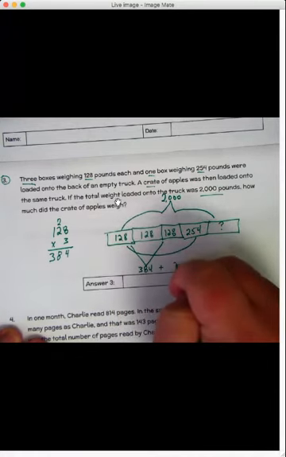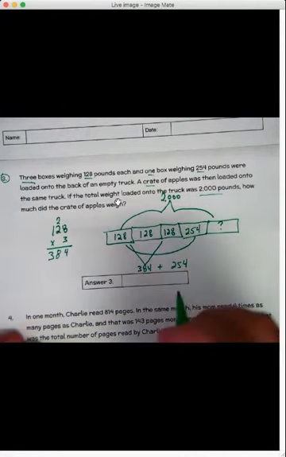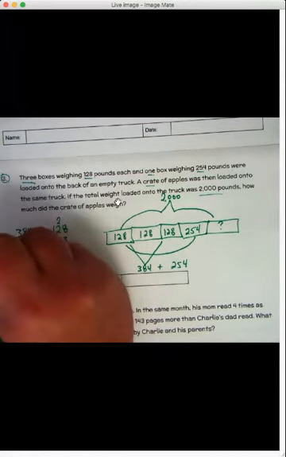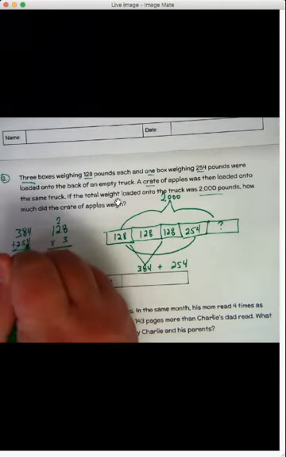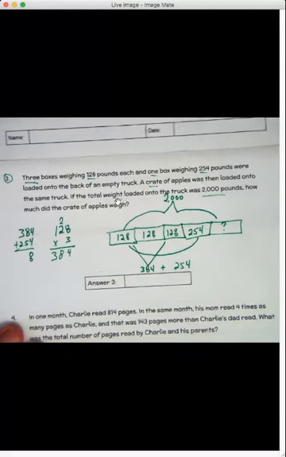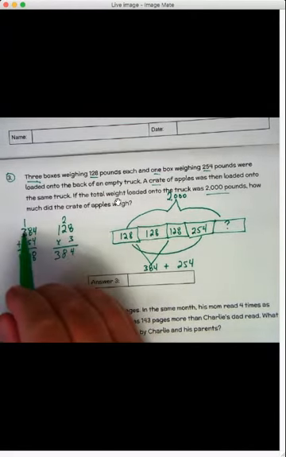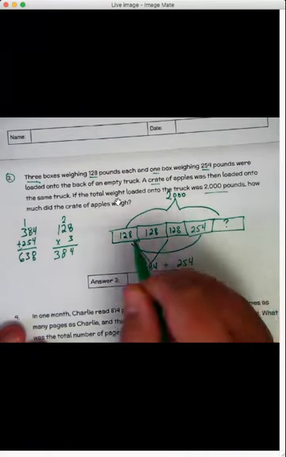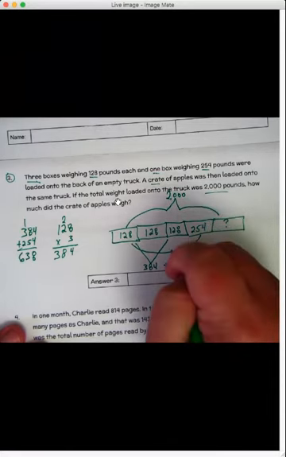plus this box right here weighed 254 pounds. All right, so let's add those together. 384 plus 254, and we'll get 4 plus 4 is 8. 8 plus 5 is 13. Put our 3 down, carry our 1. 1 plus 3 is 4, plus 2 is 6. So these 4 boxes added together, they are going to equal